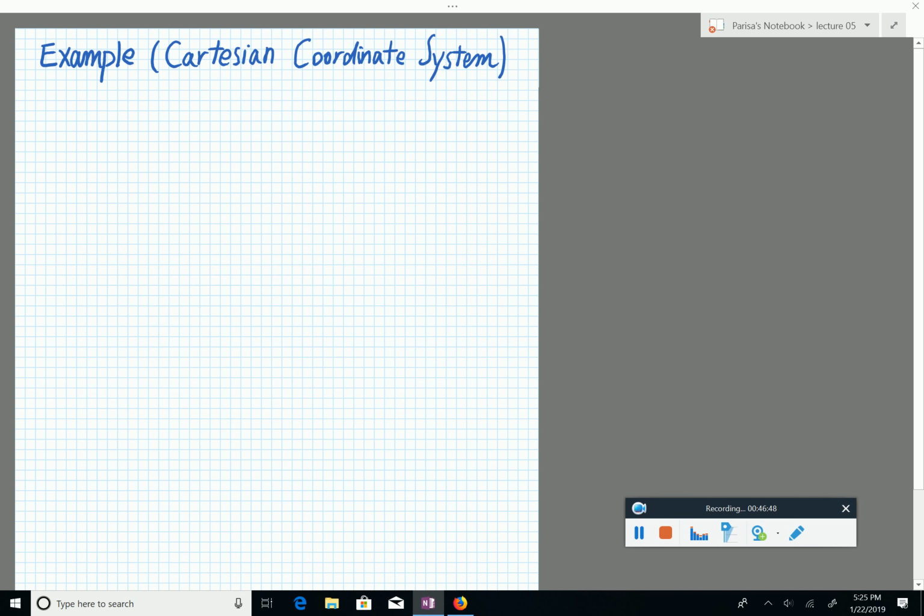So our example is, how do we build coordinates in the Cartesian coordinate system? Example, so let's consider